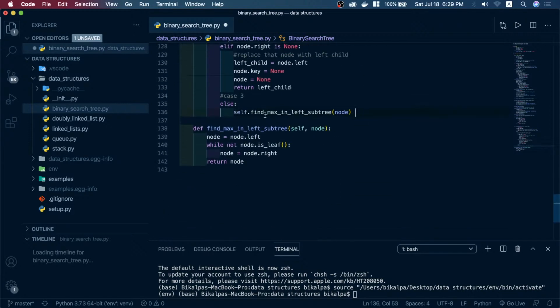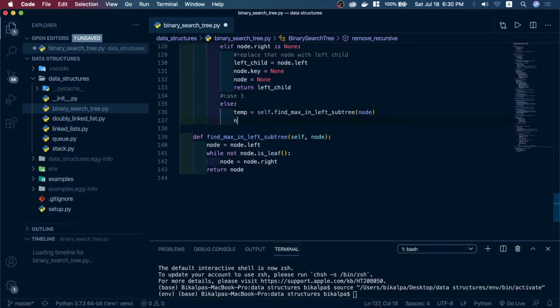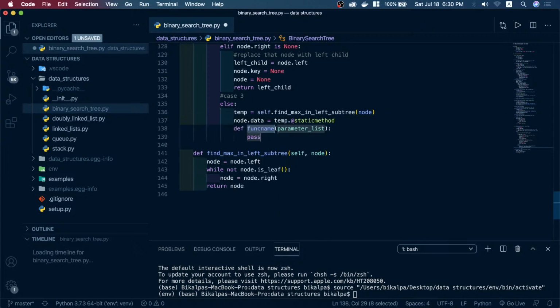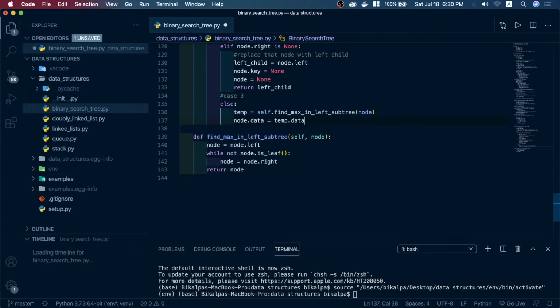So yeah, we find the maximum value in the left subtree, we store it in a temporary variable, and then do node dot data equals temp dot data. Actually we are trying to swap the value, right? Because we find the maximum element in the left subtree and then swap the value. So we say node.data equals temp.data and node.left equals,